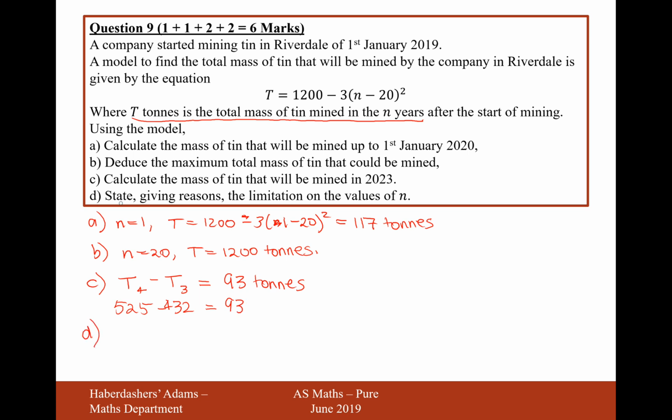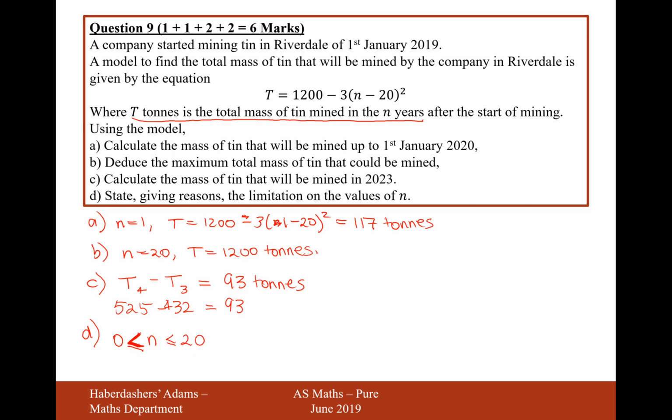And moving on to part D, state, giving a reason, the limitation on the values of n. Well, we have 0 less than or equal to n less than or equal to, actually no, not greater than or equal to 0, because you wouldn't have mined anything after, actually no, that would be fine, the equal to, because when you put n equals 0 in, you're going to get 20 squared, that would be 400 times 3, that's 1200, so that would be fine,